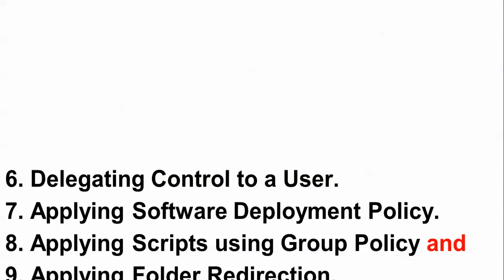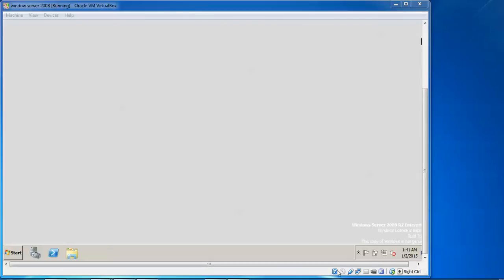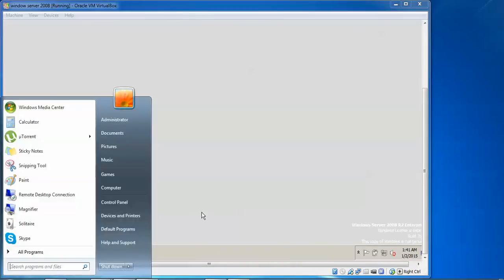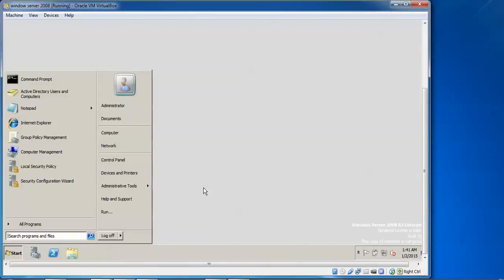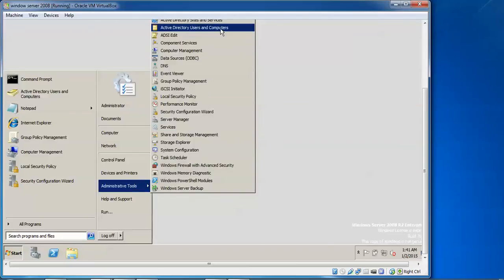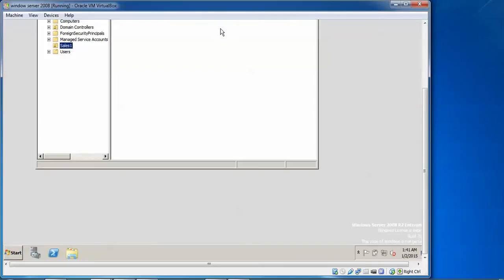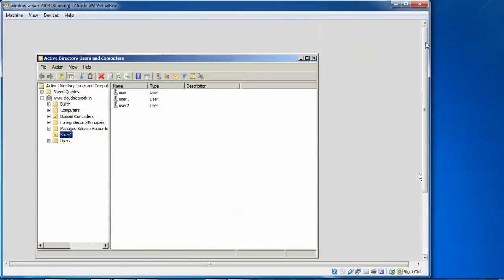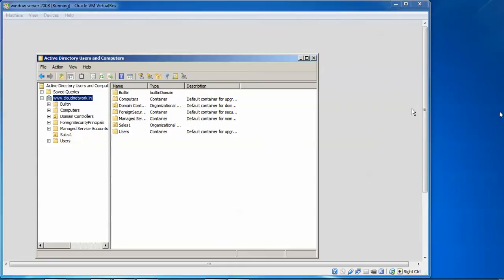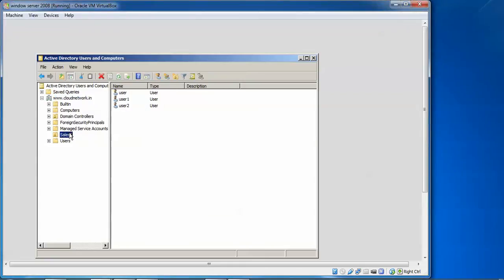Now the sixth one is delegating control of a user. Let us begin. Click on Start, go to Administrative Tools, Active Directory Users and Computers, and right click on the OU where you find Sales.